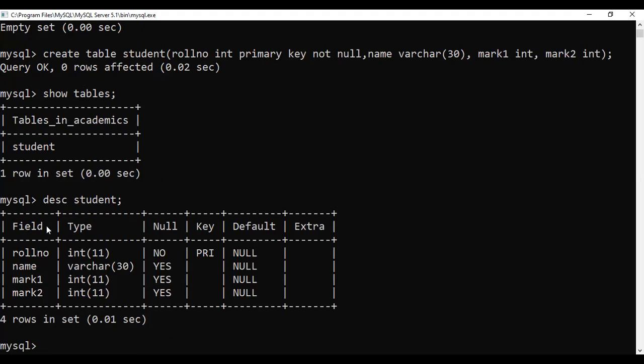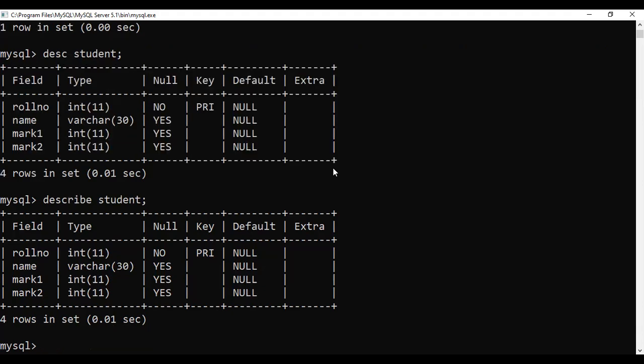So in the structure of the table, what all is given? Column names will be given. Field stands for the column name. These are the 4 column names. What are the data types used? This is an integer and its size is 11, and character you can see over there. Even though for integer I didn't give any size, you can see it is by default 11. 11 is the size. It is not null, and this is a primary key. I didn't give any other constraint, so that's why you cannot see anything. So describe or DESC, you can write it as describe student. That also returns the structure of the table.